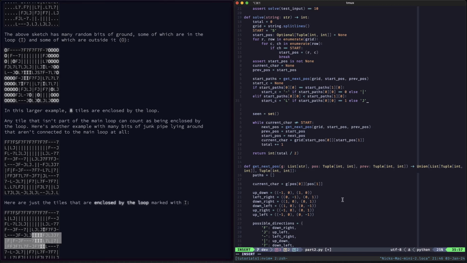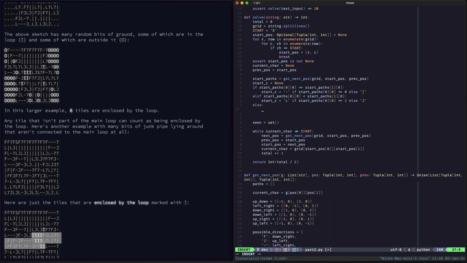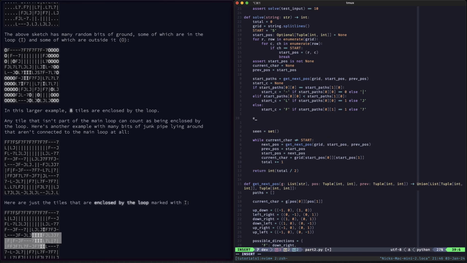Let's go with it. Okay, so else J. So then we have just the final else. Start C is equal to F if start_paths[0][1] is equal to 1, else 7. Cool. So then let's just do assert